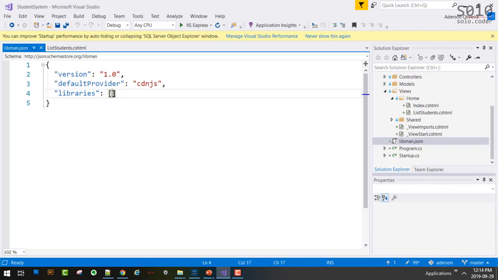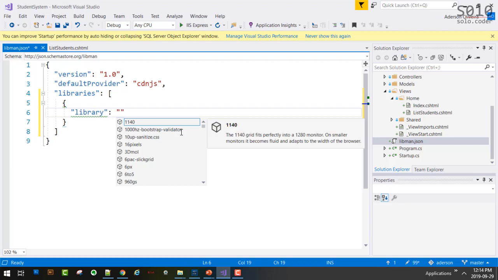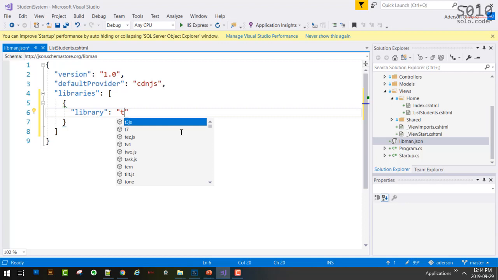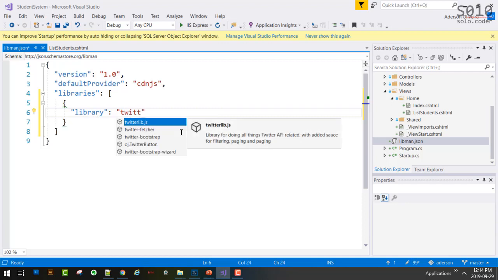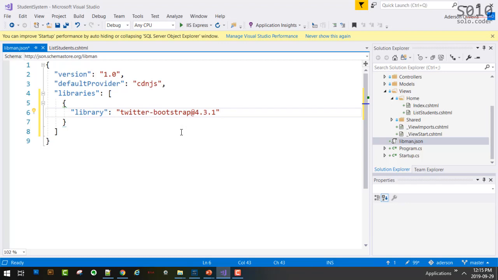like Angular. So how do I add that? I just hit enter inside the square brackets. I put curly braces, and as I type in library, it shows me library right away. I can hit enter, and it will write that for us. Now, to add Bootstrap, since Bootstrap came from Twitter, I can just say Twitter, and then I'll see Twitter Bootstrap is one of the options. When I'm there, I can just hit enter, and it creates the entire reference for us,